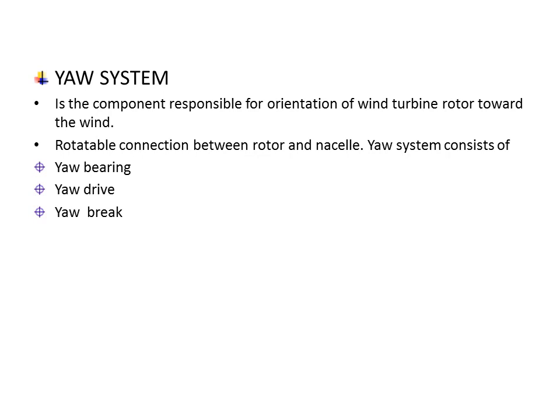First, see what is yaw bearing. Yaw bearing is the main component of the yaw system. It can be of a roller or gliding type and serves as a rotatable connection between the nacelle and the tower. Then the second one is yaw drive. Yaw drive is used to keep the rotor facing towards the wind as the wind direction changes. It exists only in an active yaw system, meaning active rotation of the wind turbine nacelle.